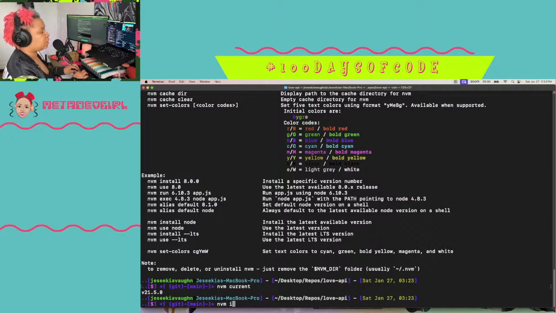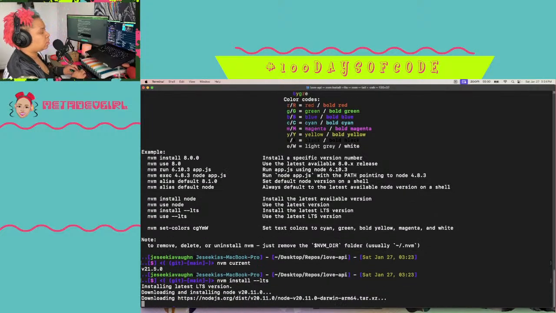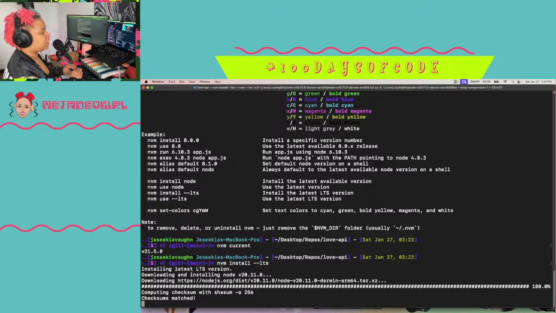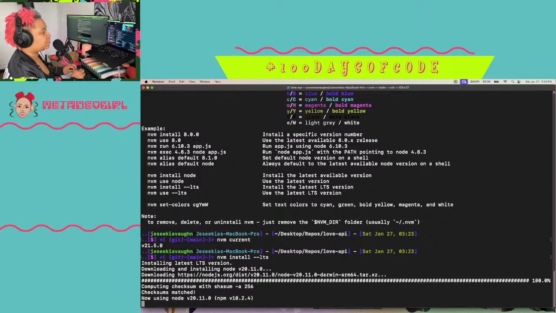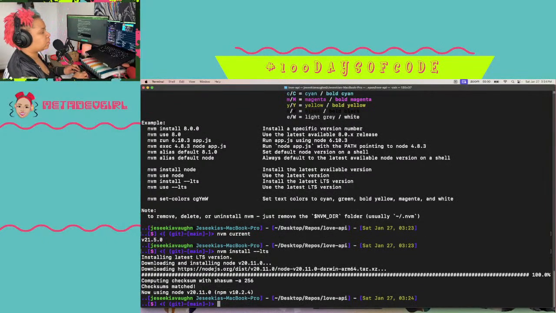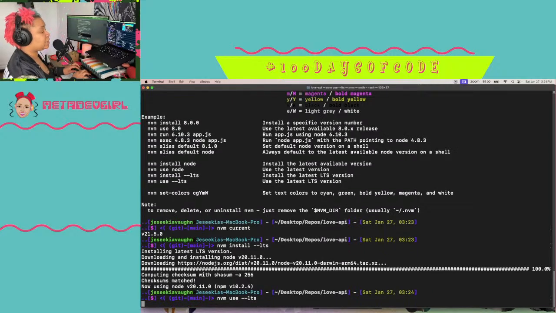npm install 20.11. Yeah, so that's not. Damn. Okay. Well, that's fine because I didn't do my install yet. So nvm use LTS.